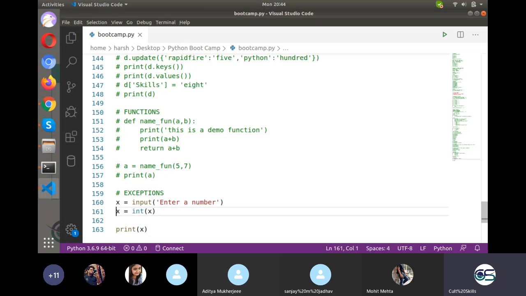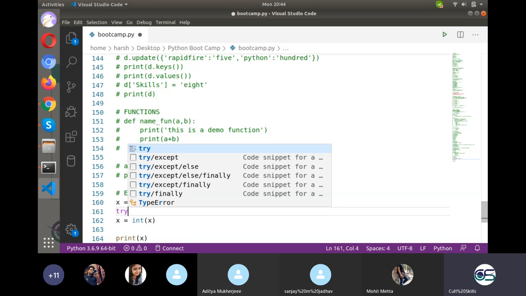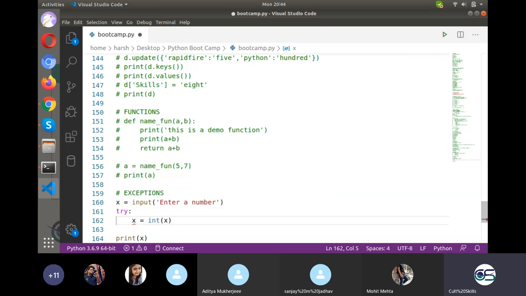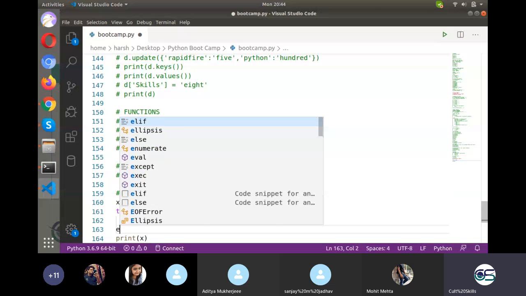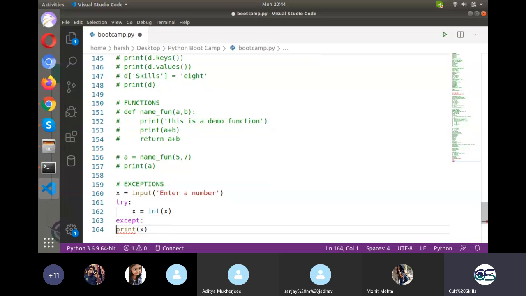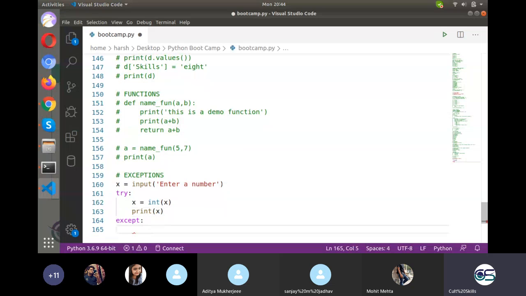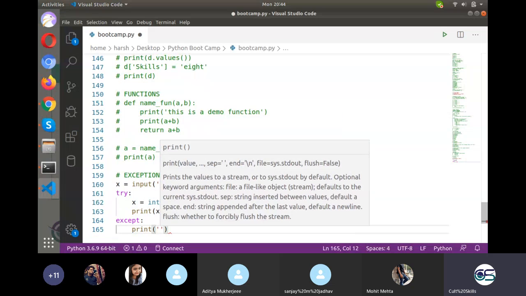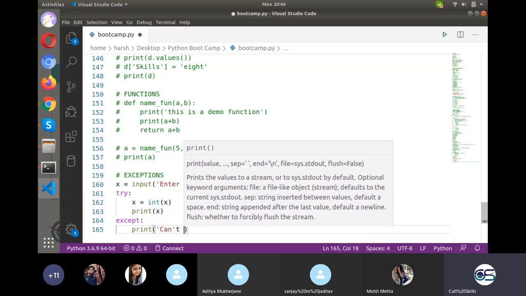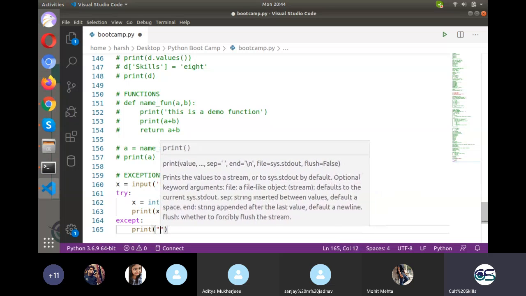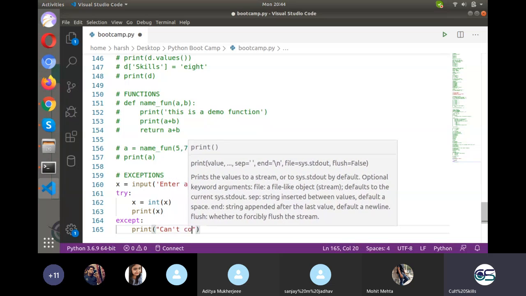What can I do? I can put that in try, so that whatever is vulnerable, that means whatever is sensitive, I will put in try, and in except I'll say, okay, if try fails, then it will print this, or else I can say print can't convert.